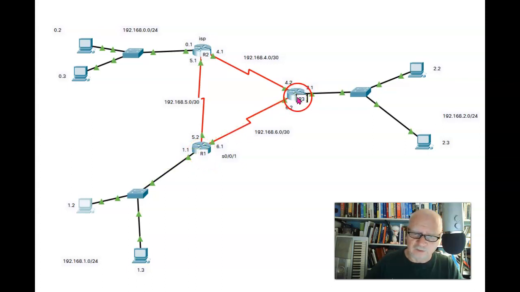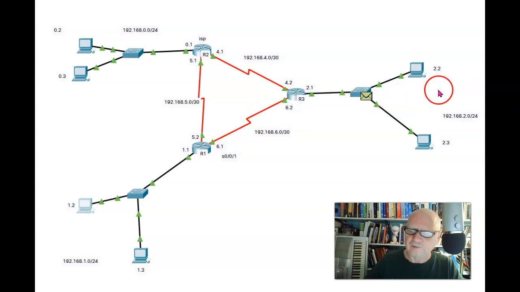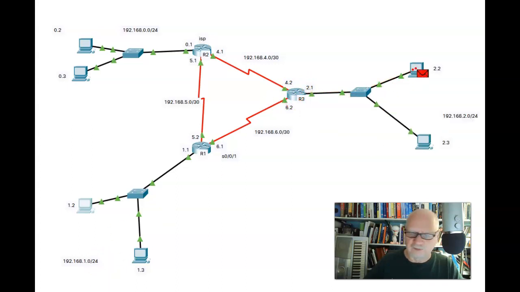Okay, it's going on here, so it knew to send it out here. Send it to the switch, up to the PC. Okay, it came back, so it looks like it's going just fine. Oh, right here is where our problem is. So what's the problem? Well, the return message, let me turn this thing off now. The return message didn't know where to send it.